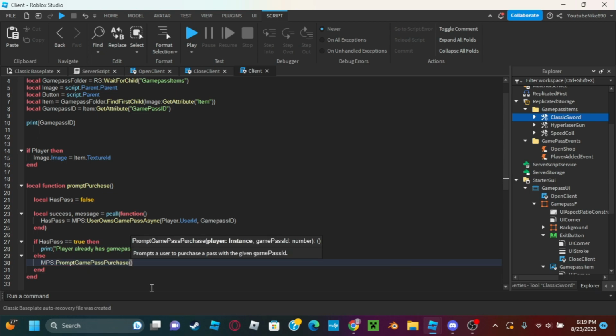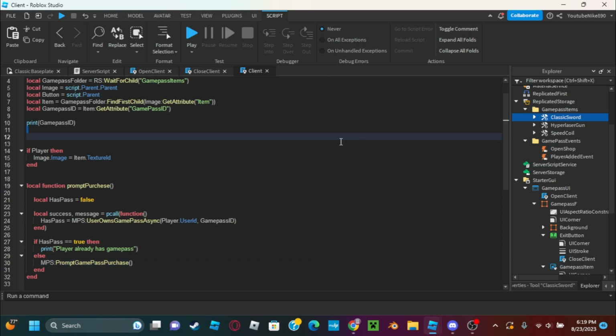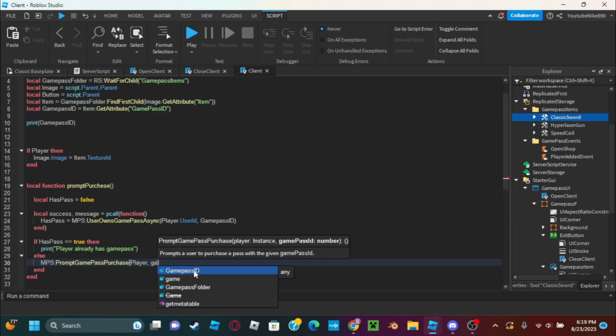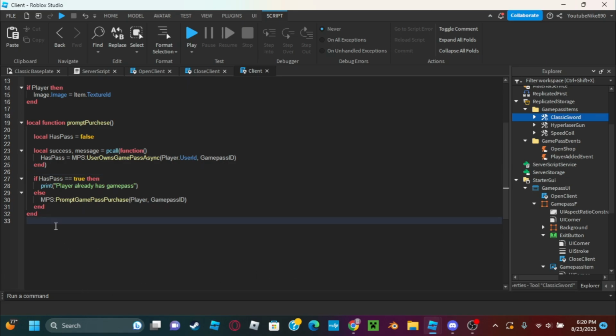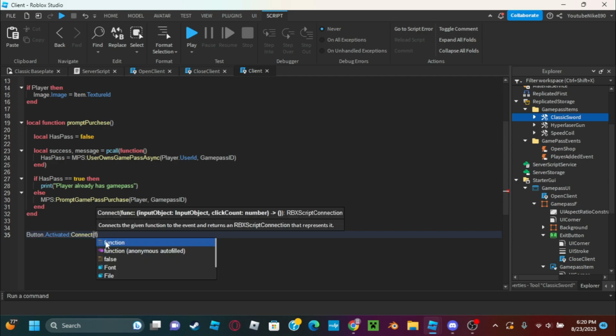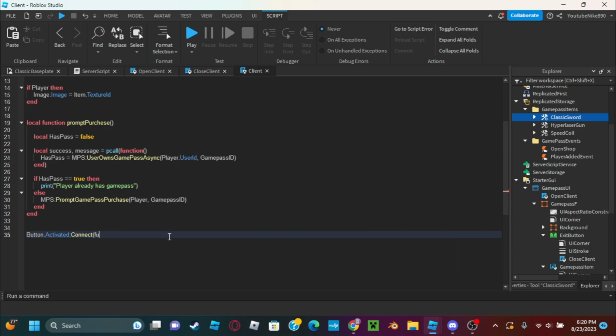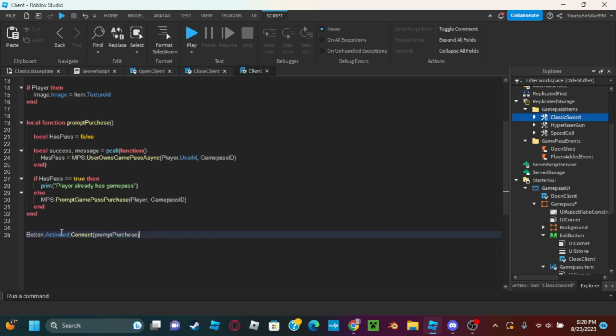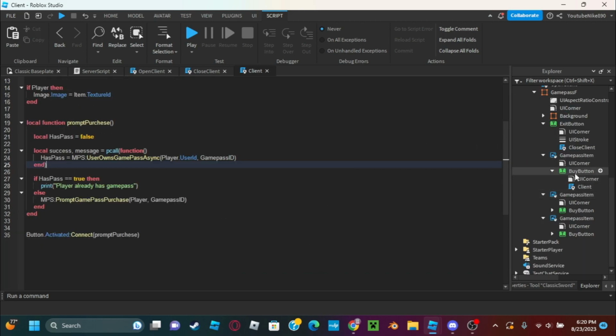game pass. So basically it's gonna pop up in your face, it's gonna say 10 Robux, and then you're gonna click yes, I want to spend my Robux on this game pass, and then we're going to do button.Activated:Connect function. Alright, so now that that's done, we can just copy the